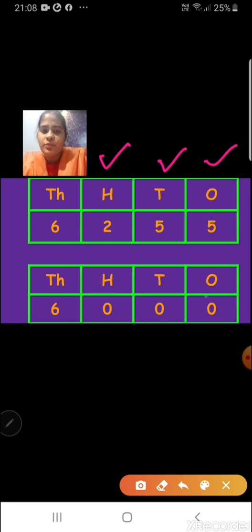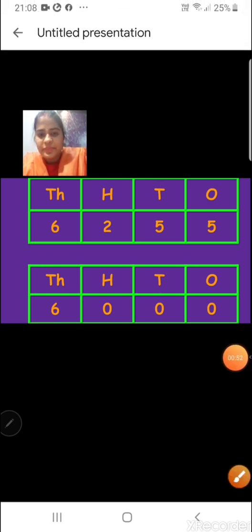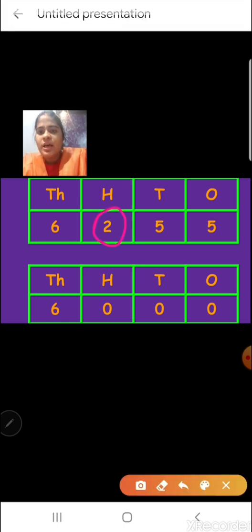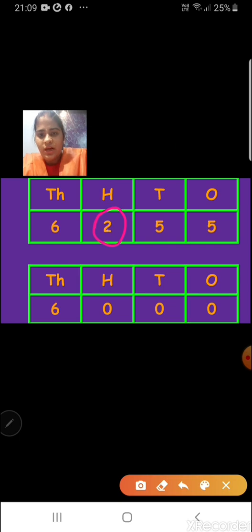First you put 0 in ones place, tens place and hundreds place. And then in thousands place, the number is not going to change. It will be as it is, because the number in hundreds place is less than 4. We have number 2 in hundreds place. So the number in thousands place is not going to change. If we round off a number which is 6,255, the rounding off will be 6,000. That is how it's going to work.